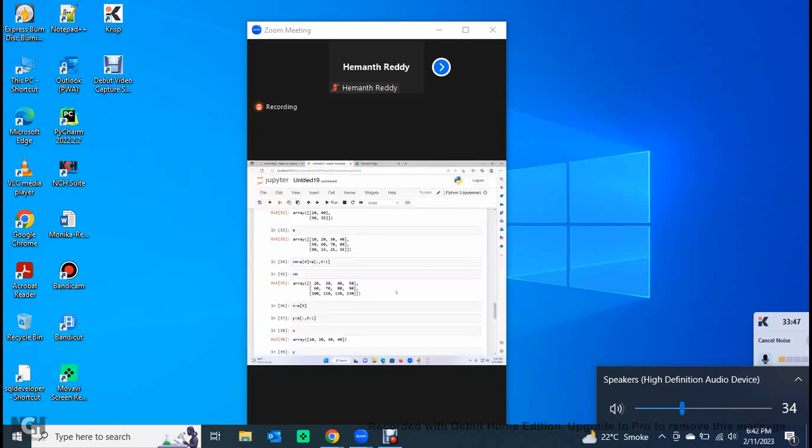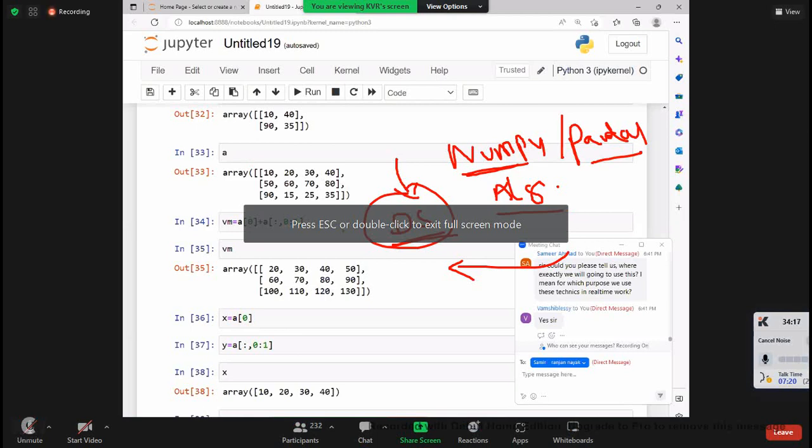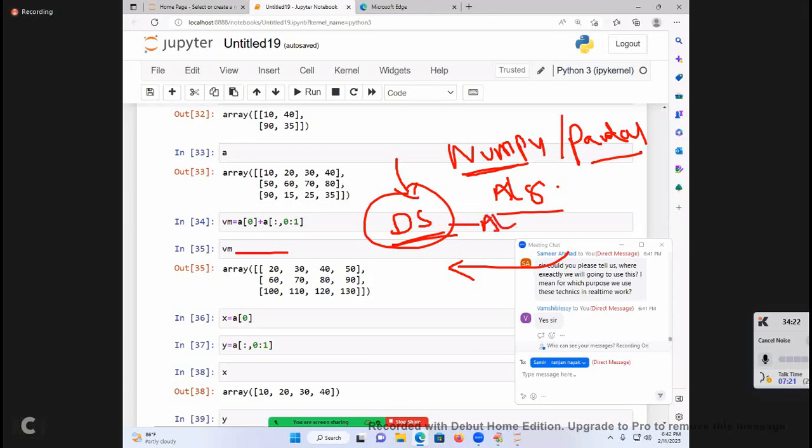Now, Samir Ahmad, you are asking where we can use it. This is what I said at the beginning of the class. In data science, this NumPy will come in your algorithms. There you are going to use these operations. At the beginning of the class, NumPy and Pandas are going to come into where? In data science related algorithms. Which module? NumPy related module. That time this type of operations are most useful. I am not going to explain data science related algorithms here.